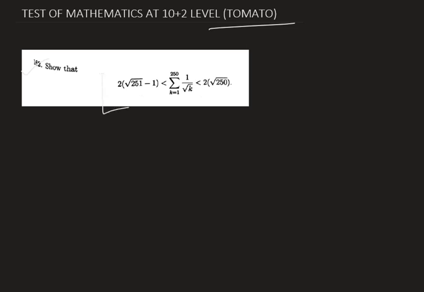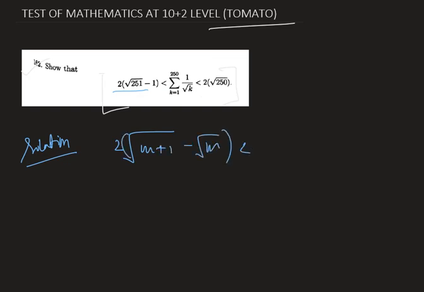We have to show this given inequality, that is 2 multiplied by root over 251 minus 1 is less than the sum over k equals 1 to 251 of 1 by root over k, and that is less than 2 into root over 251. So basically we have to prove this inequality, that is 2 times root over m plus 1 minus root over m is less than 1 by root over m, which is less than 2 times root over m minus root over m minus 1. Okay,